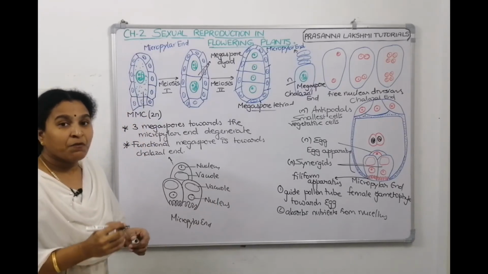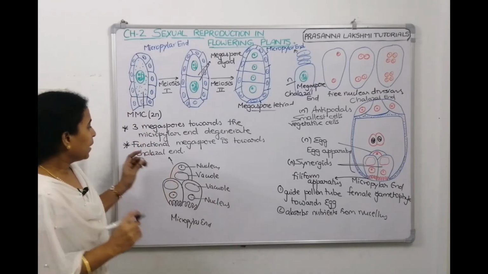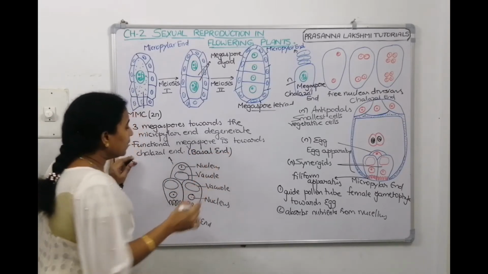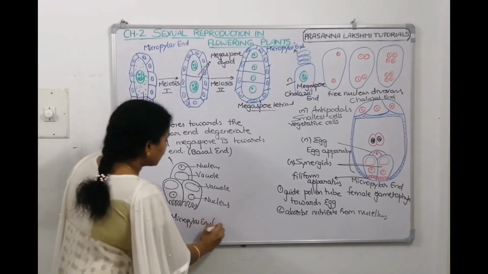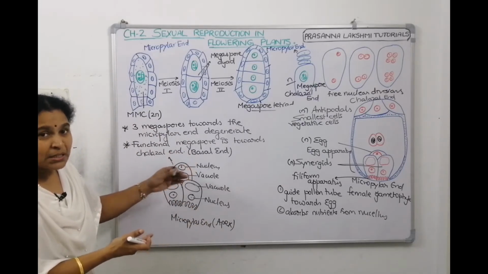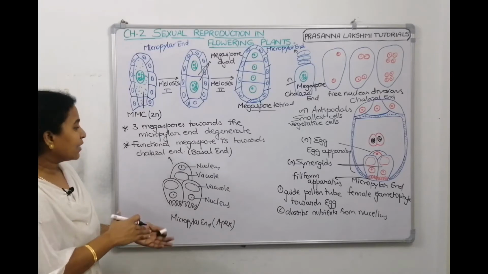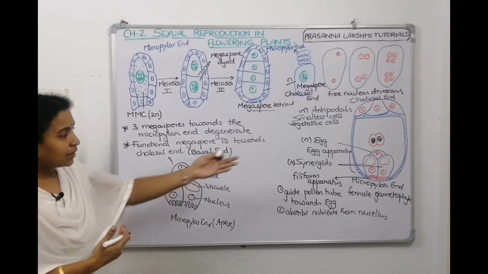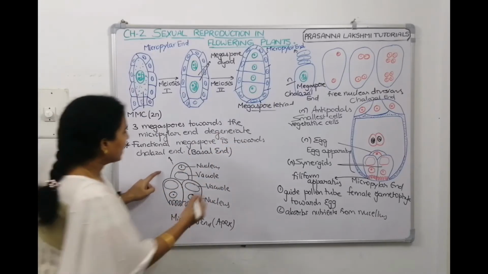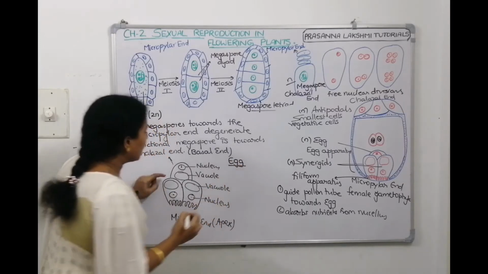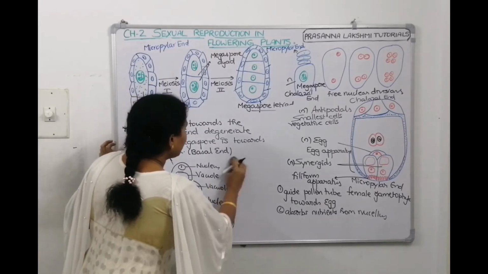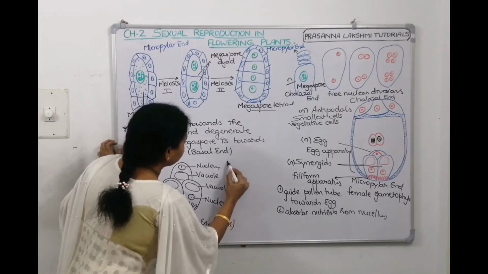Now, they can ask us where the vacuole is and where the nucleus is. We know that the chalazal end represents the basal end, and the micropylar end represents the apex. Here the apex is down and the basal end is up. That means we are seeing a reverse picture, right? Actually, it should be in the reverse manner, but the diagram is like that. When we have to tell the representation of that picture, we will say the nucleus is down. If I have to draw, keeping the chalazal end, I should draw like this, right?